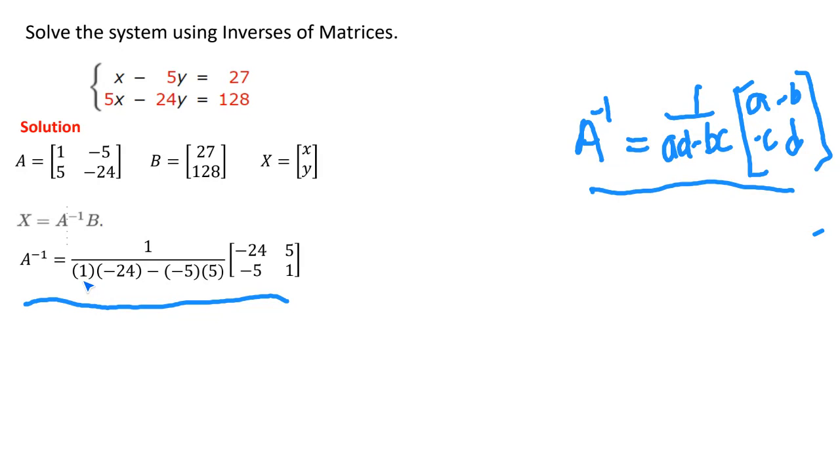So A is 1. Here's my 1. D is negative 24. And then B is negative 5 and C is 5. So I plug in my numbers. I switch the A and the D, so now they're right here. And I switch the signs for negative 5 and 5. And if we simplify,